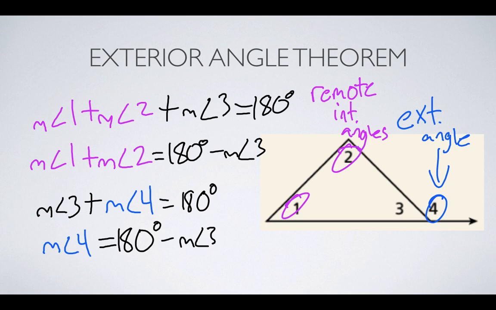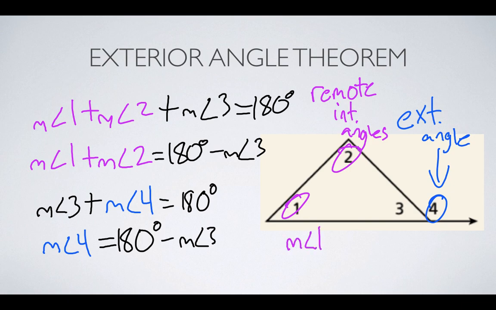Now, I know you all love proofs so much, as we all do, but one proof that you might remember is called the transitive property. The transitive property was basically if one thing equals something and another thing also equals that, then they have to equal each other. So if A equals B and B equals C, then A equals C. So in this case, the measure of angle 1 plus the measure of angle 2 is equal to 180 minus the measure of angle 3. And if you look, the measure of angle 4 is equal to that same thing, 180 minus the measure of angle 3. We've gotten them equal to the exact same thing, which means